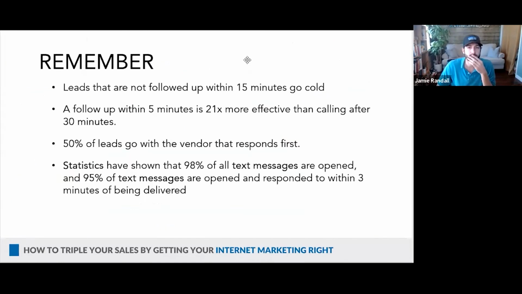so you can leverage these automations. And remember, why does this matter? It's all in these numbers. You want to follow up with them as quickly as possible. Whoever responds first gets the job. You guys know that. It's especially true in restoration. You've got to answer the phone